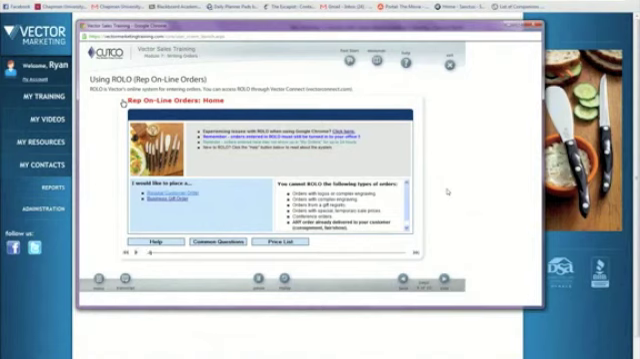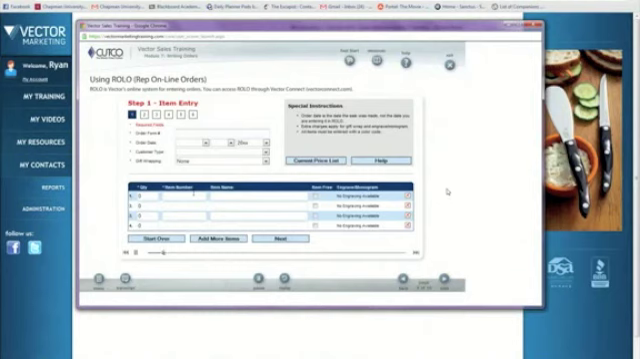Once you've logged into the Vector Connect system and clicked the Rollo tab, you'll start by selecting the Regular Customer Order link. You are now on Step 1, Item Entry. Click the Order Form Number field and enter the order number, which is located in the top left corner of the order form. Click the first